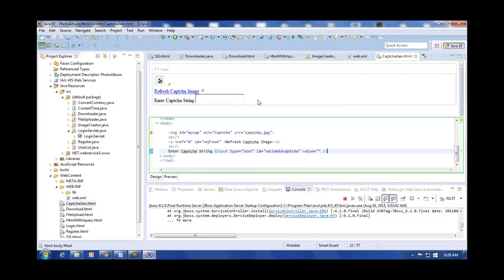Captcha string we get here. Whether it is a valid captcha or an invalid captcha, we need to find that out. For that purpose, I use one more BR here. In the BR, I put a span. In the span, I can set an ID equal to